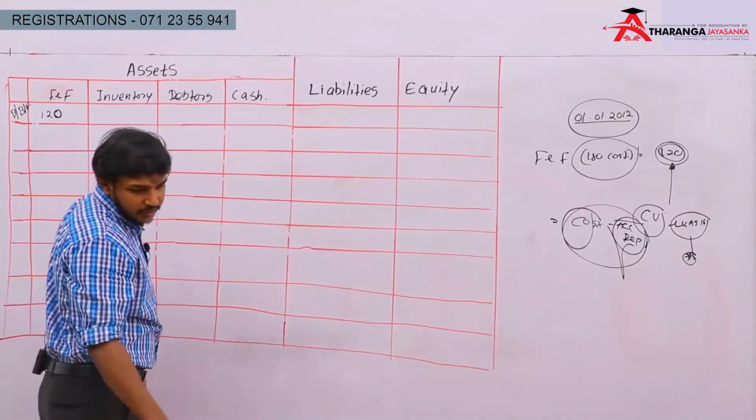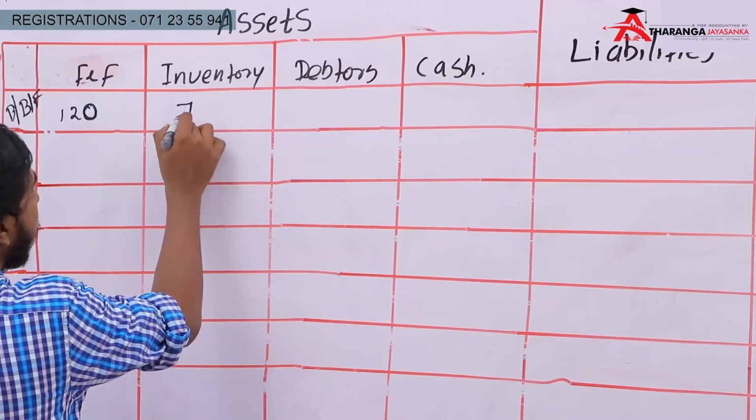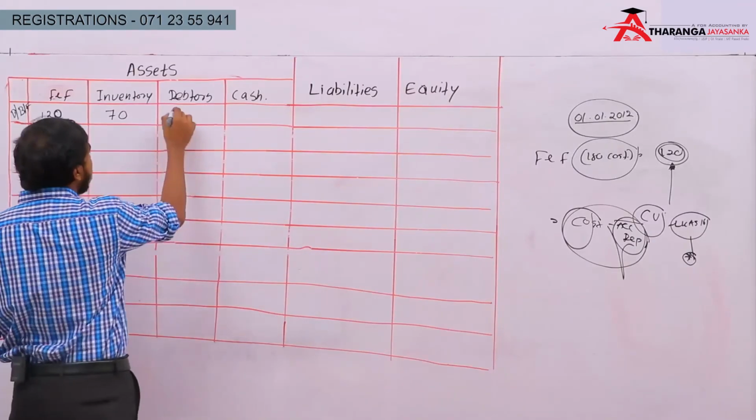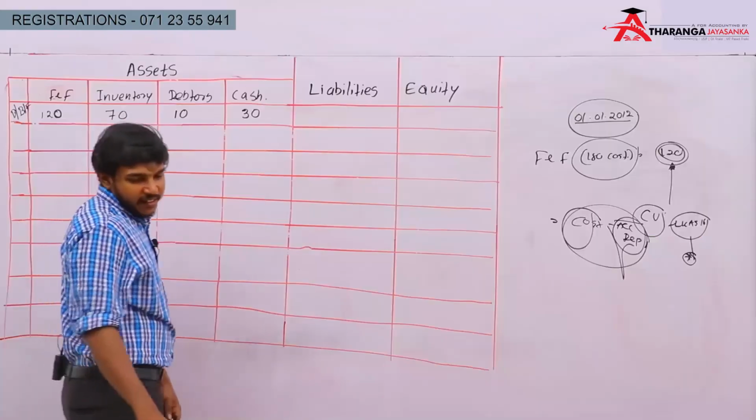120 the opening balance. Then inventory it's 70. Then the debtors it's 10. Cash it's 30. Then liability